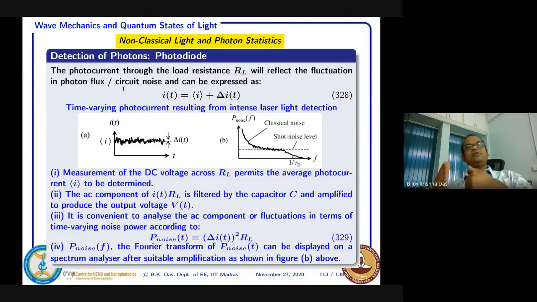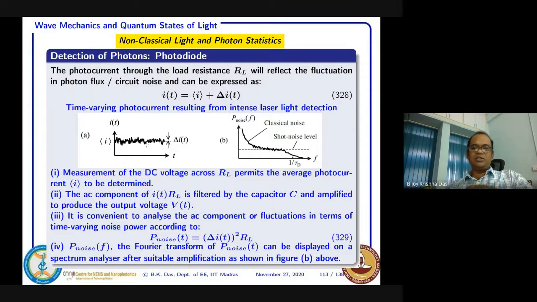Because what the photodetector does is measure up to a certain interval of time and then integrate the value that is coming. So if it is integrating over a certain time, then within that sample of time the photon number will come differently and fluctuations will be there, and then current fluctuations will be there, as we have discussed earlier. So you can approximate the time dependent current I(t); it will appear like this as a function of time.